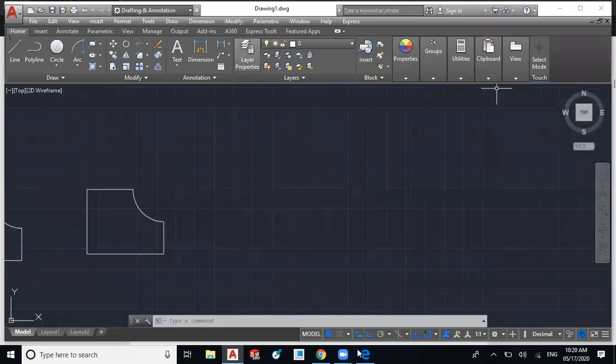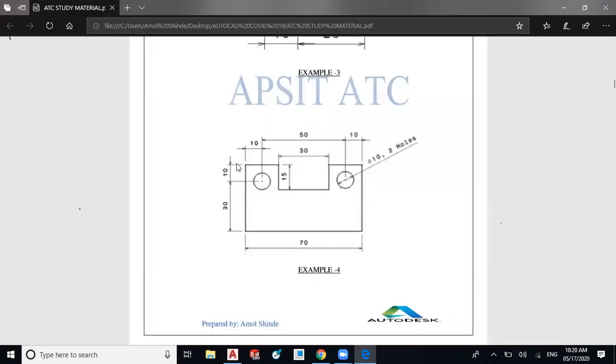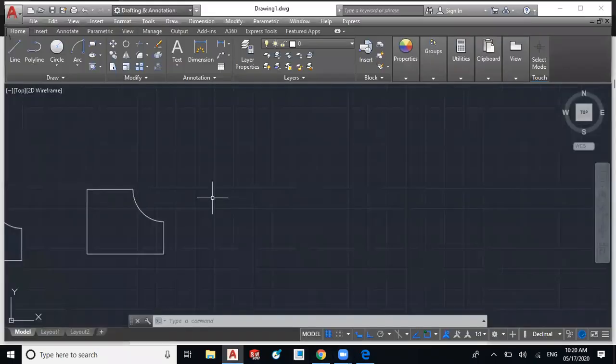So I will draw the outline of this example: 40 mm, 70, 40, this 20, below 15, 30. I'll select the line command.